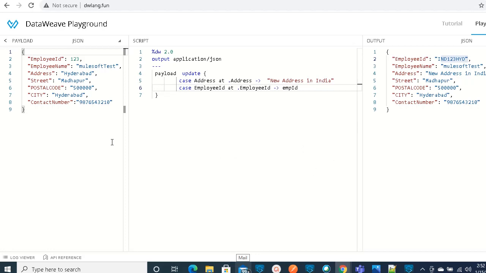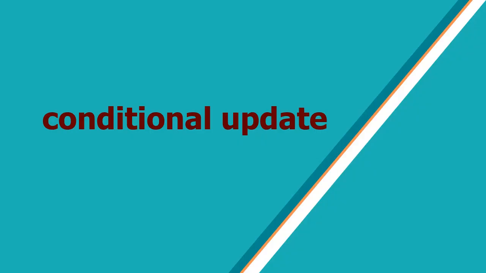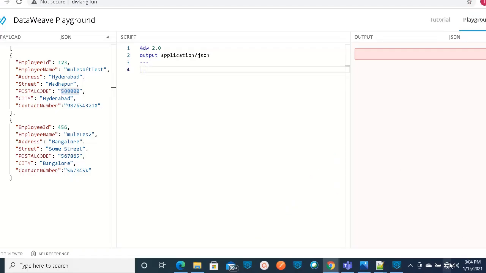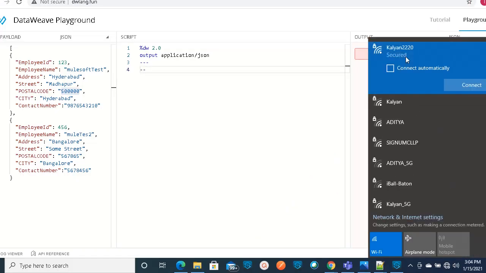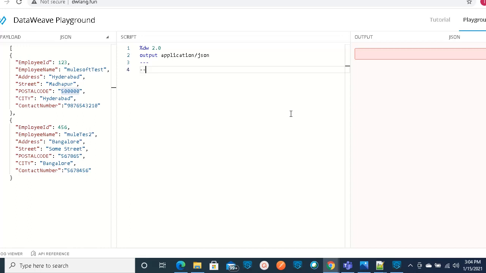Okay, let's take a bulk array of objects, at least 3 values, and we will proceed further. In this example, we will see how we can use this update operator based on some particular conditions. It's called conditional update.